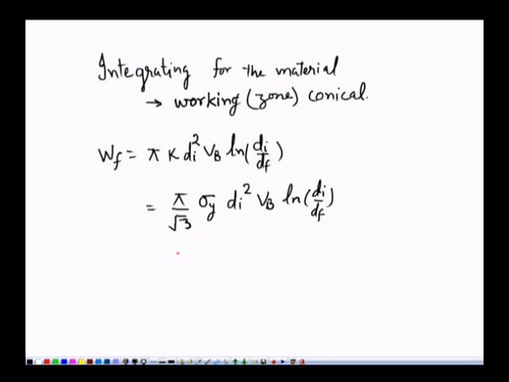So, we shall now determine the rate of energy expenditure in the plastic deformation process. For that, the deformation process in the working zone means work done per unit volume. Work done